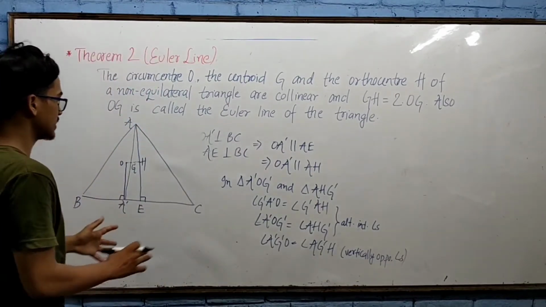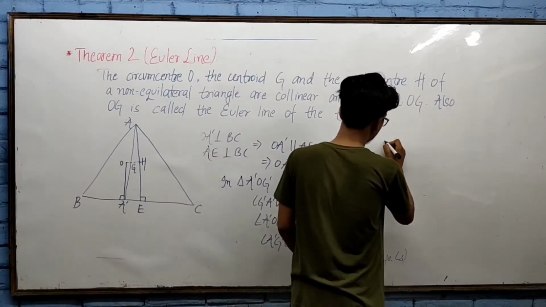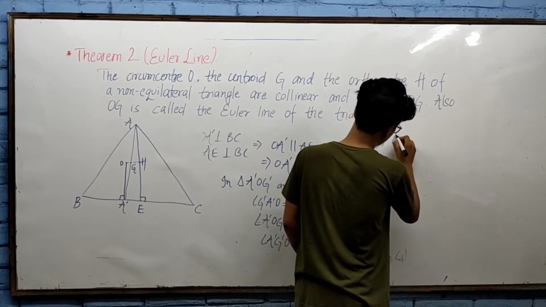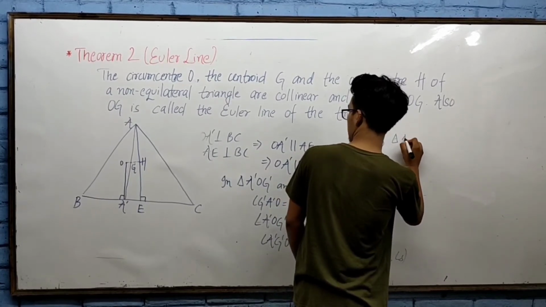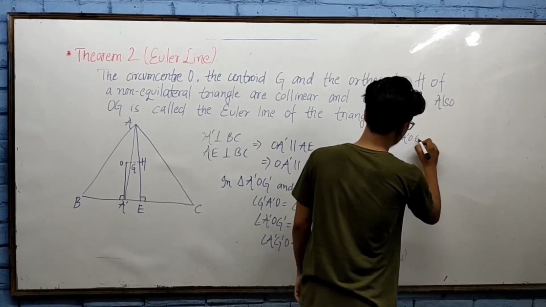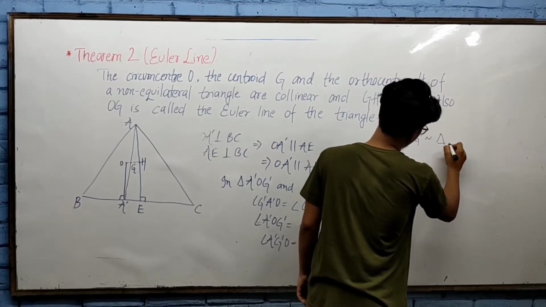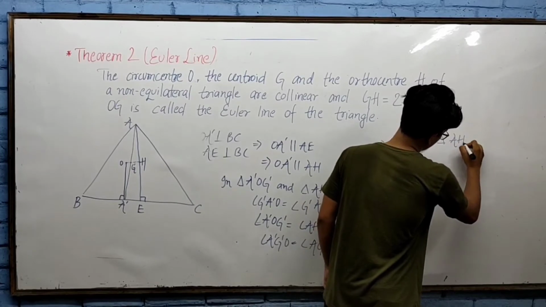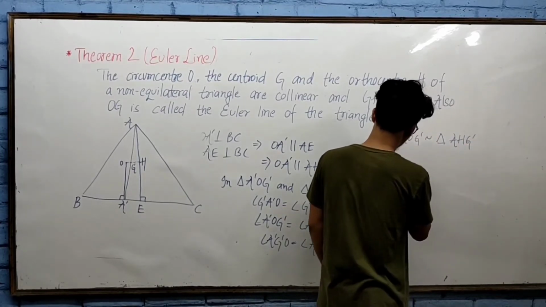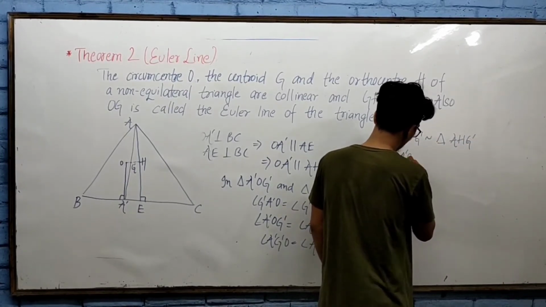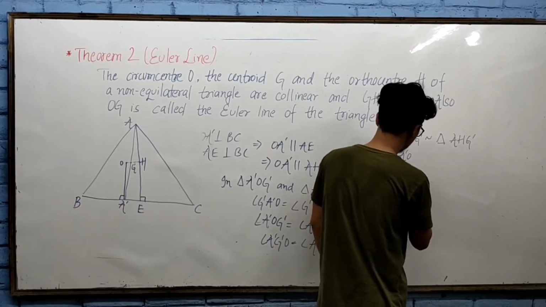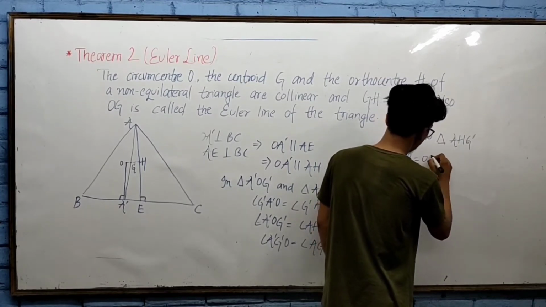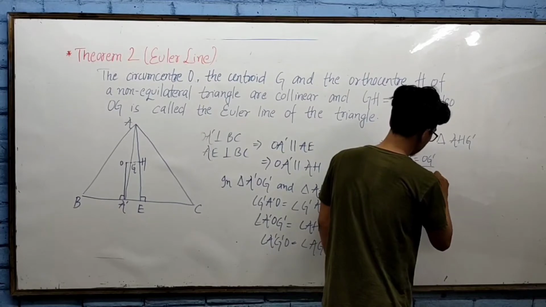Hence these two triangles are similar. That is, triangle A dash OG dash is similar to triangle AHG dash, which implies A dash O by AH equals OG dash by HG dash